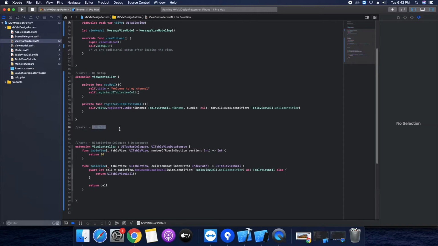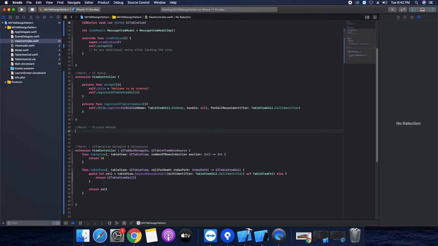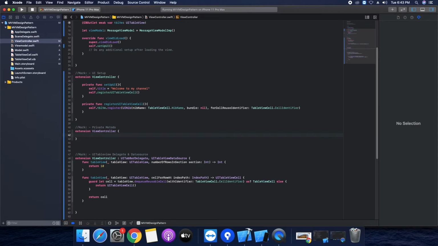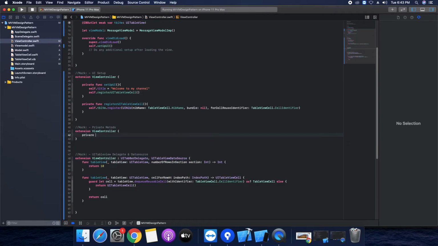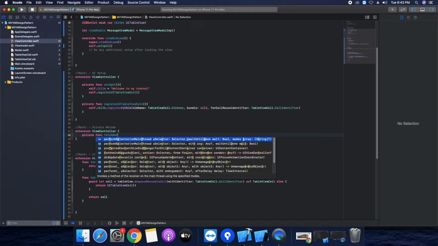Yes, and this message view model is going to call another method. I'm going to create another pragma mark for private methods. Let's keep another extension for it. Yes, it's been created, and I'm going to create another function for fetching the data from the server or local, whatever you do. Private function fetch data,